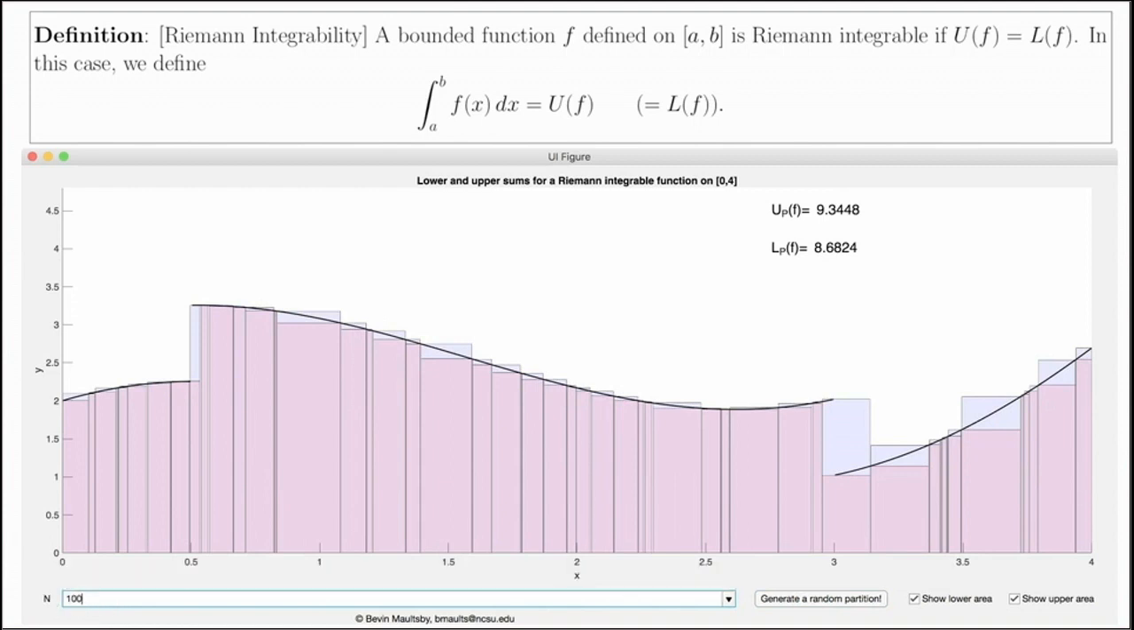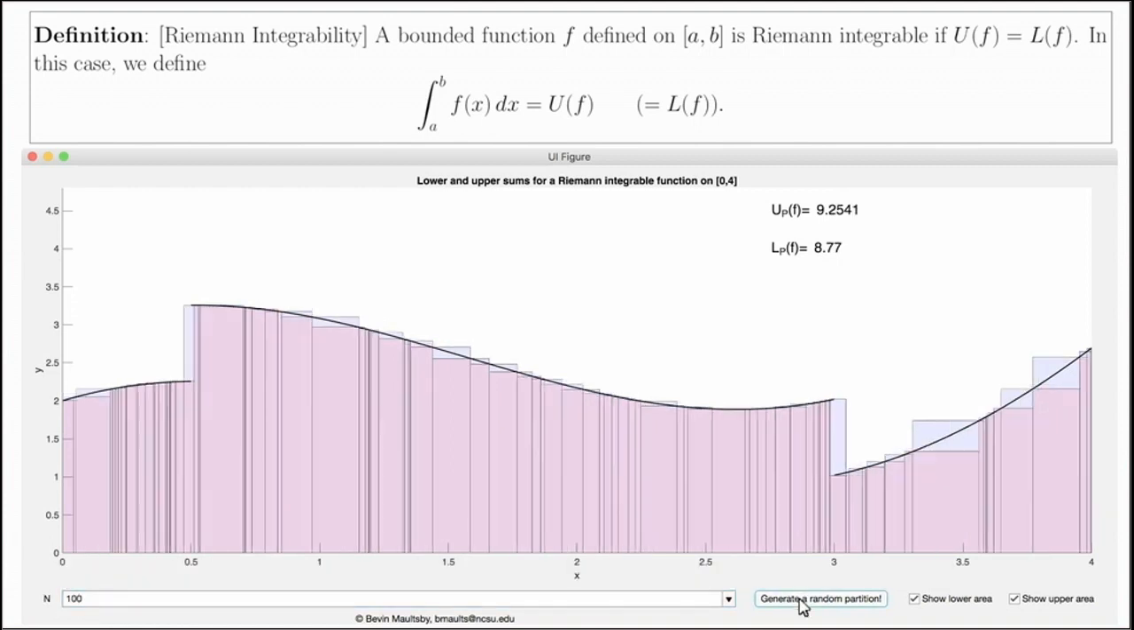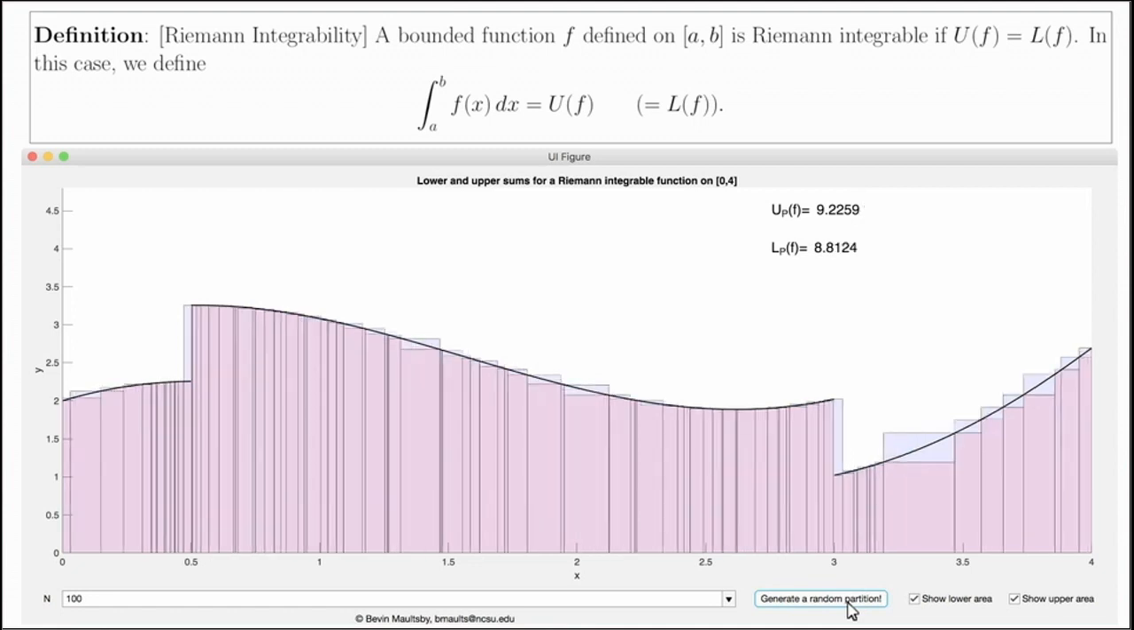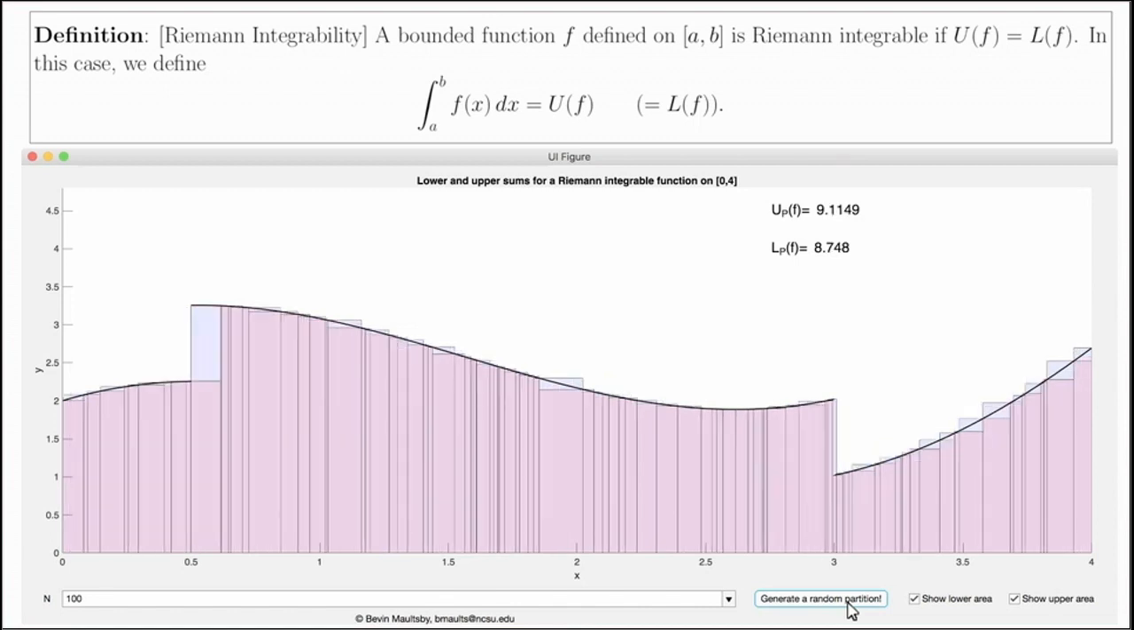Let me try a partition with 100 points. And we're doing a little bit better, so we've gone from about 3 units apart to about half a unit apart. This is a little bit better. This one's pretty good. You can see that we have a big difference right here on this first jump point,